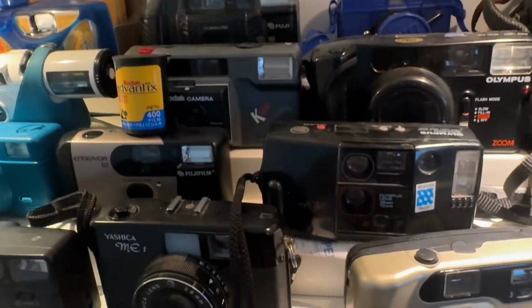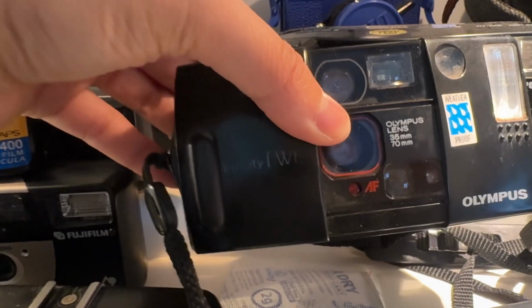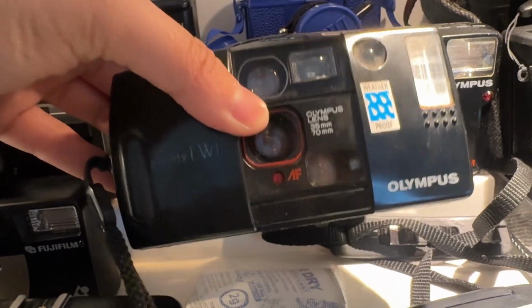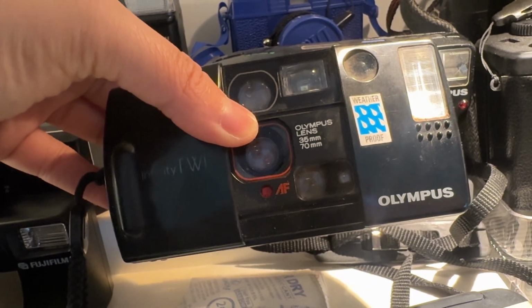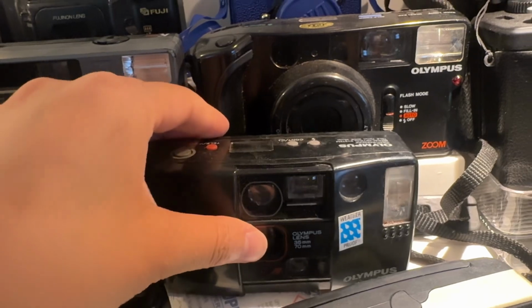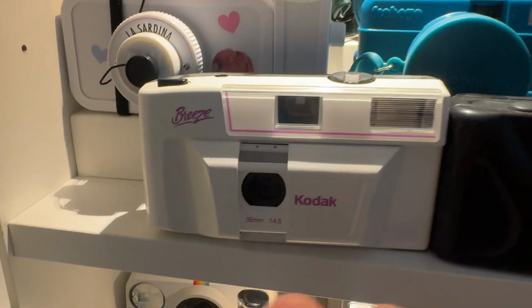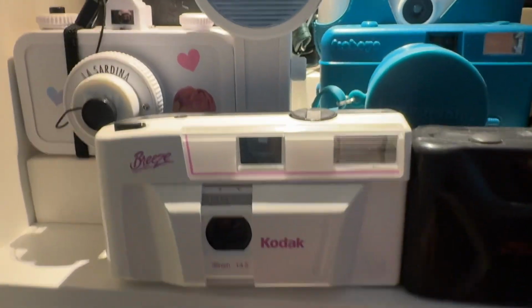It's kind of sticky too, which, you know, I need to clean that camera up. It's a twin. I'm not really sure why it's called Infinity Twin. Can anybody tell me why it's Infinity Twin? Oh, I guess there's two lenses. There's a 35mm lens, and there's a 70mm lens. Cool, and it's weatherproof. And then here we have the Kodak Breeze, and I brought this to San Diego